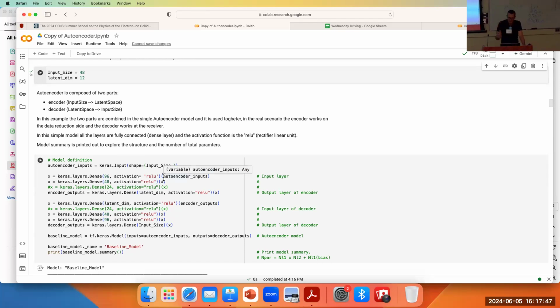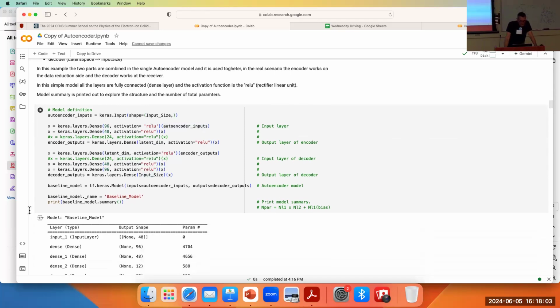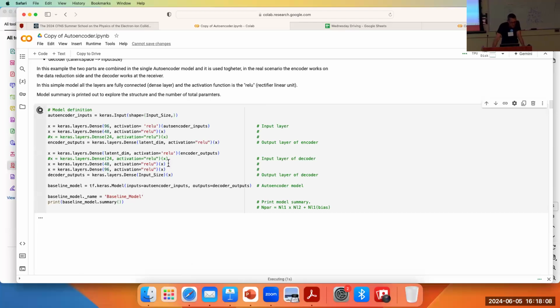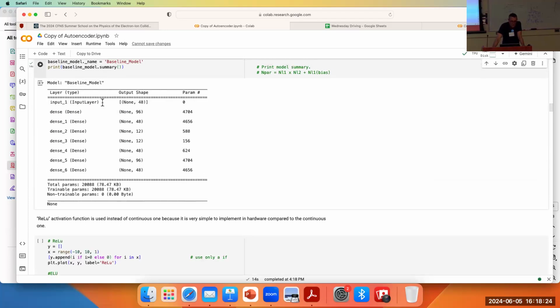Keras doesn't know that I'm using an autoencoder. I'm building a network that has what I call an autoencoder. And then again, I call it baseline model, but it's just a name. And then I run it. It is just defining internally the structure of the network with this part, and it is printing the summary of the network. Okay, so you see here we have